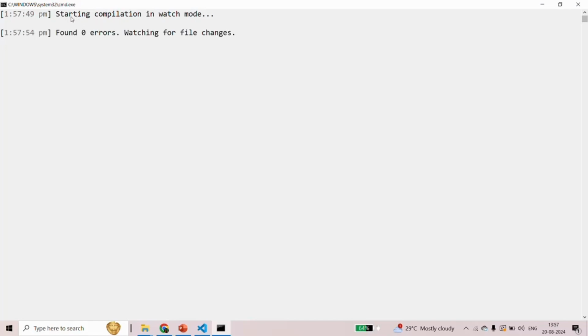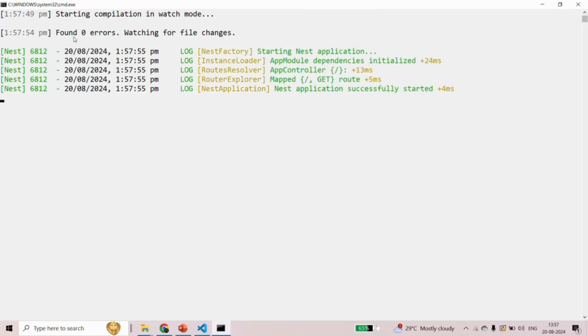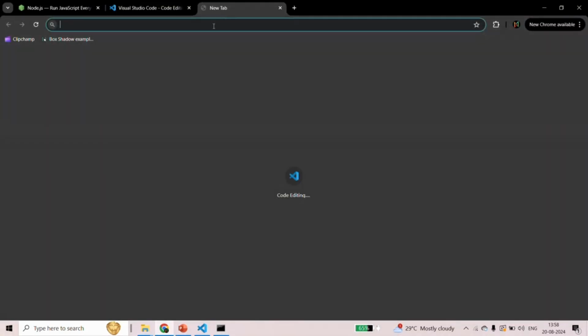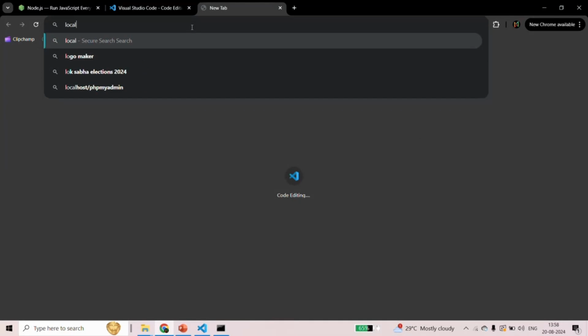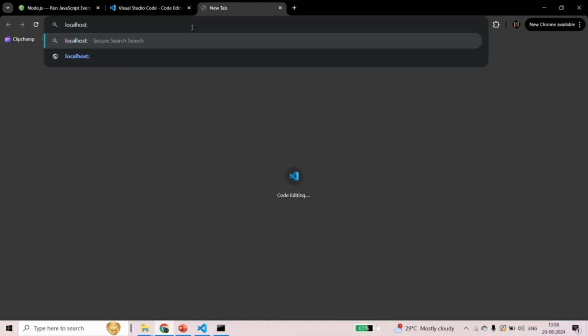As you can see, it says starting compilation in watch mode. It has found 0 errors, and now our application is being compiled. And you can see here we have this message, Nest application successfully started. Now, since the application has started, where can we see the output of this application? For that, let's go to the browser. Let's open a new tab here, and there let's type localhost:3000, and press enter. And now here, let me increase the font size. So here you will see we can see